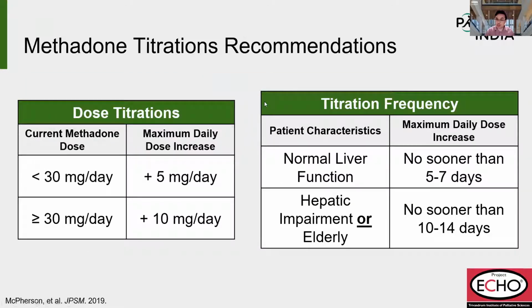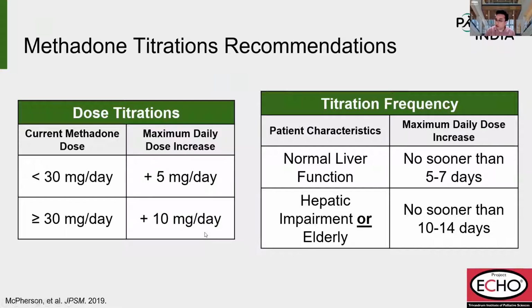When we do titrations, the general recommendations for increasing or decreasing a dose is going to be dependent on what dose the patient is currently on methadone. So if we determine that the patient is on a stable state or steady state and they may need a higher dose, the maximum you want to increase is by 5 milligrams a day. If they're beyond this 30 milligrams a day dose, then you can go as aggressive as 10 milligrams a day